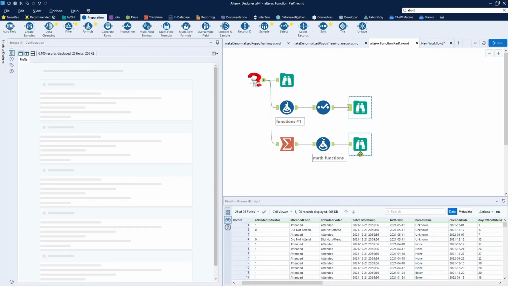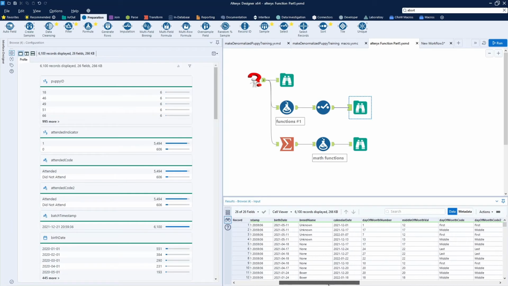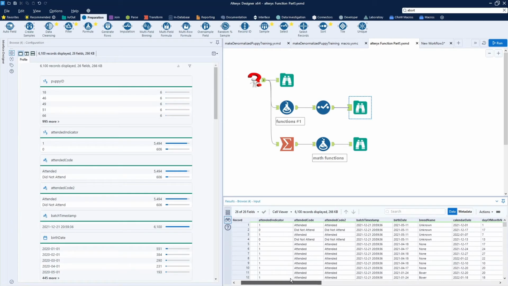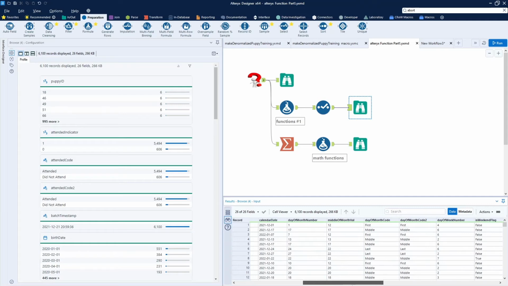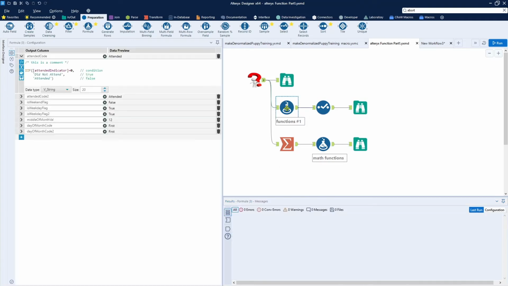And again, if we look at our solution example over here from our data, you can see that we have day of the week number, weekend flag is false, and then the is weekday flag is true. And they flip back and forth, so we know that worked quite well. So a little bit of tricks you can do using your Booleans,